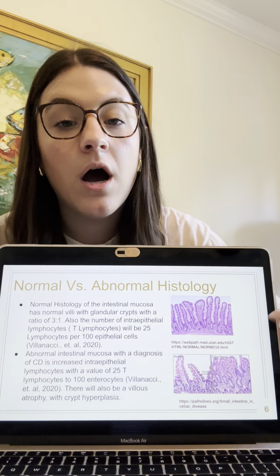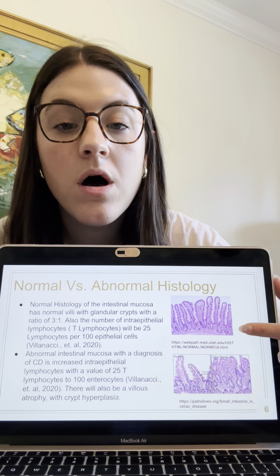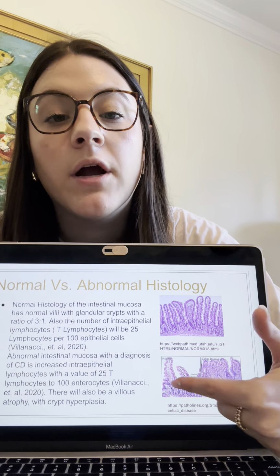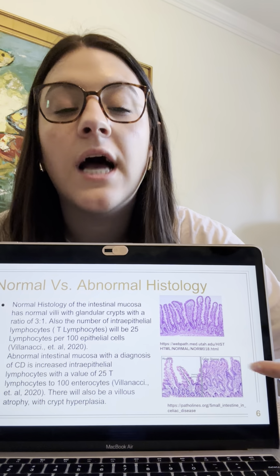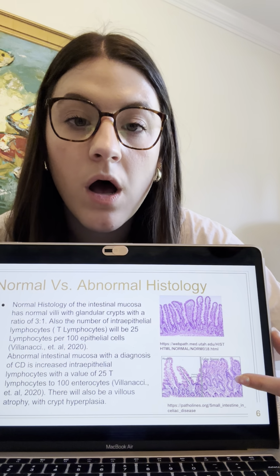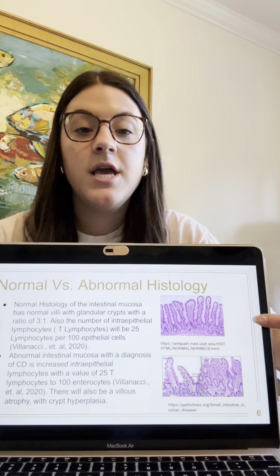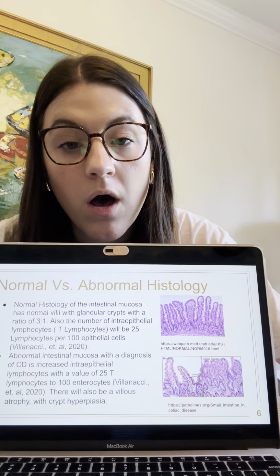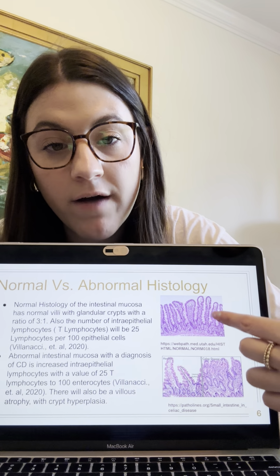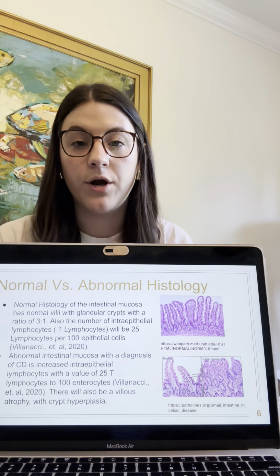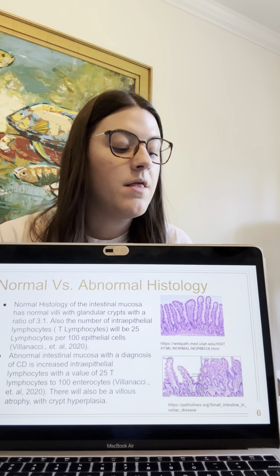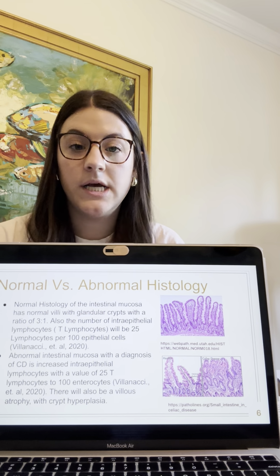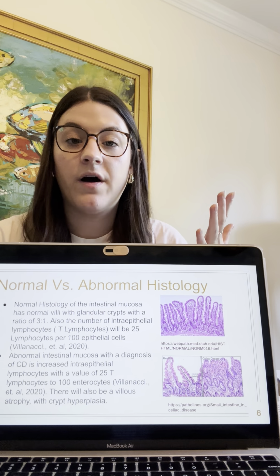Here is a picture of a normal mucosal layer. These are the villi of the small intestine, and right here, this is a normal side by side to an abnormal villi. In the normal intestinal mucosa, they have normal villi. As you can see, they're all pretty uniform in their crypts. They all have glandular crypts, and those are all pretty uniform as well. They also have a normal number of intraepithelial lymphocytes, or T lymphocytes,